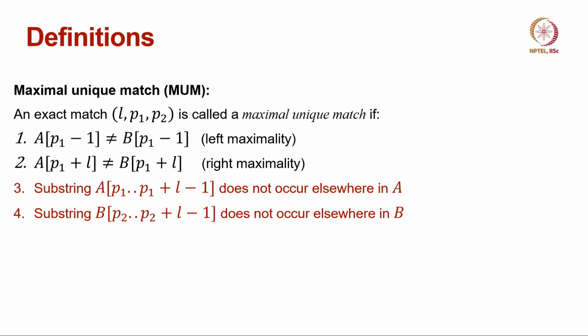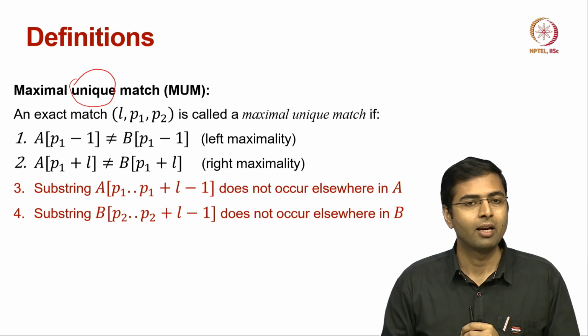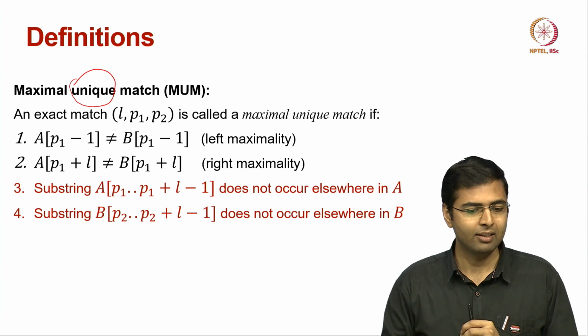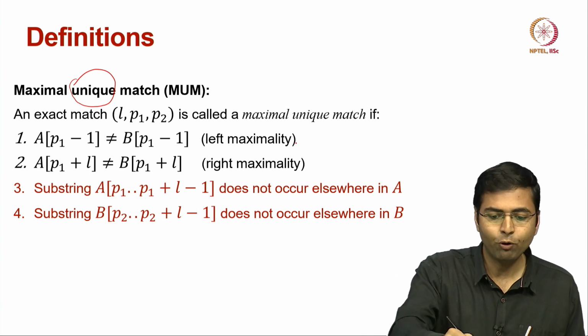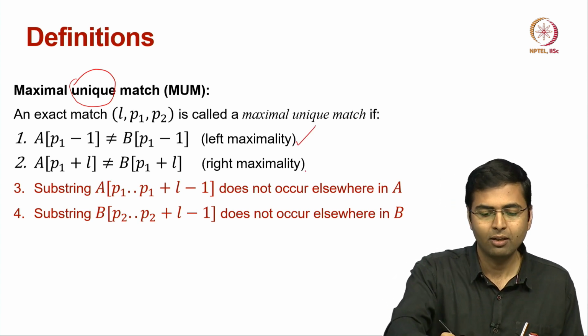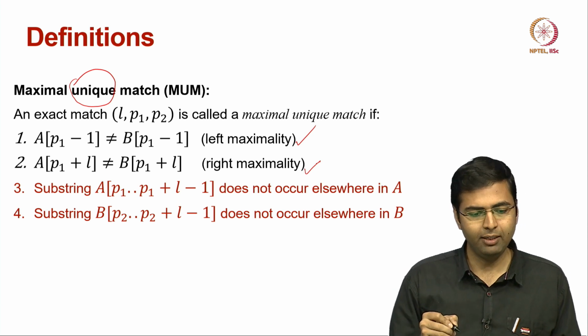Now, to control the number of matches, we are going to put another constraint, that is this uniqueness constraint. So, we want the matches to be maximal, but we also want them to be unique. And what do we mean by unique? Well, as before, we want the match to be left maximal, we want the match to be right maximal,